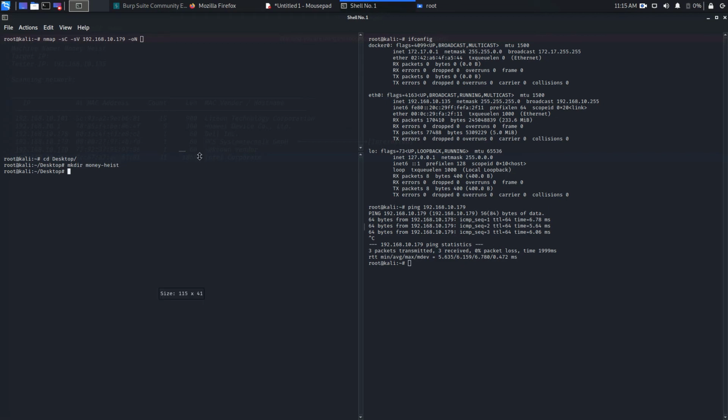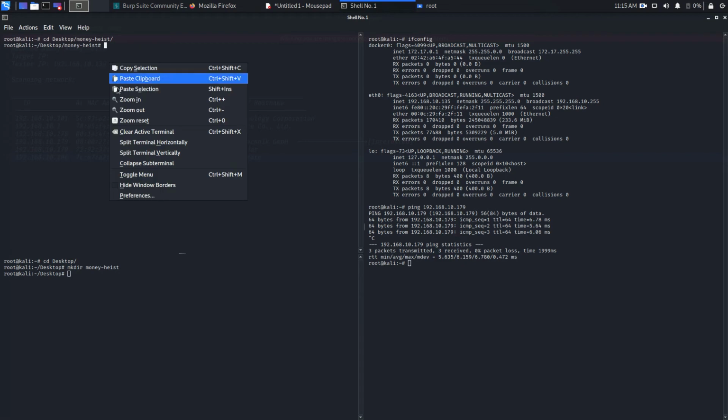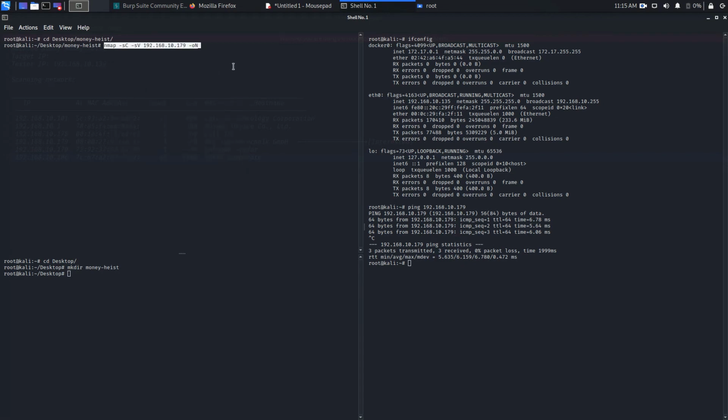Whatever I do for this penetration testing, I will save everything related to this penetration testing in the same folder. So let's just copy this and cd desktop and Money-Heist, then paste it out here, and I'm going to say